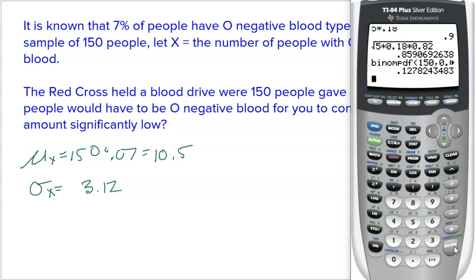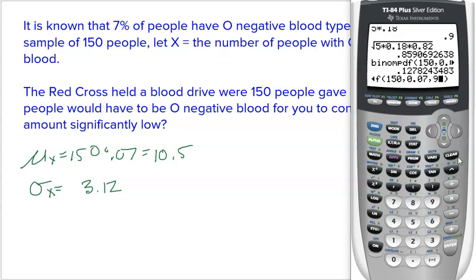Notice that this is very likely. About 13%, right? About 12.78%. Why is 10 people very likely? Because that's pretty close to the mean. That's what should happen. Now, if I hit second enter to get back, and change this number to